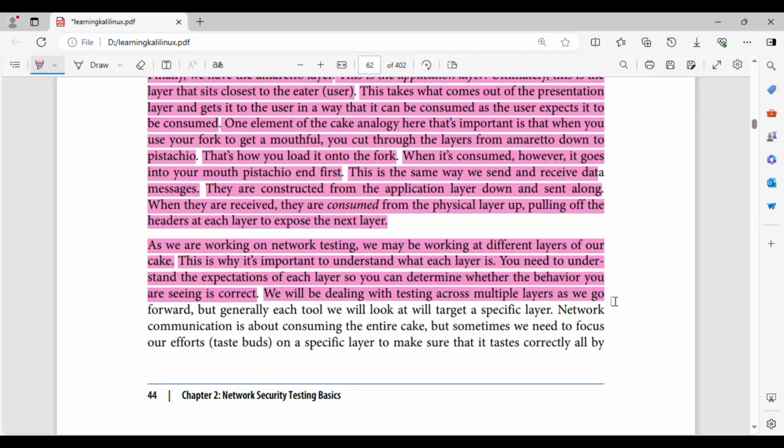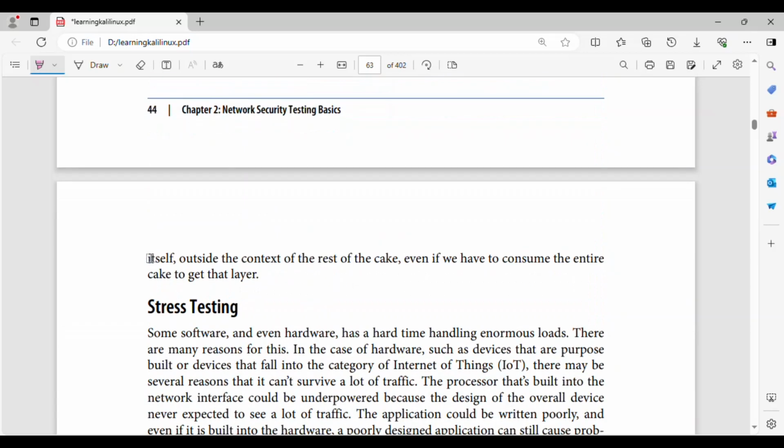We will be dealing with testing across multiple layers as we go forward, but generally each tool we will look at will target a specific layer. Network communication is about consuming the entire cake, but sometimes we need to focus our efforts, our taste buds, on a specific layer to make sure that it tastes correct all by itself, outside the context of the rest of the cake, even if we have to consume the entire